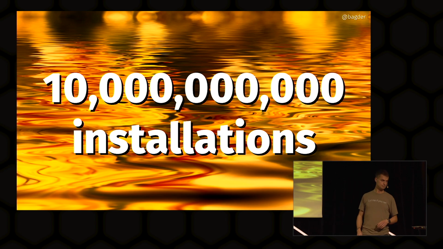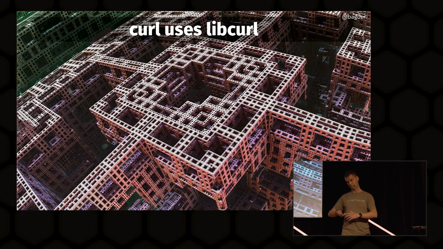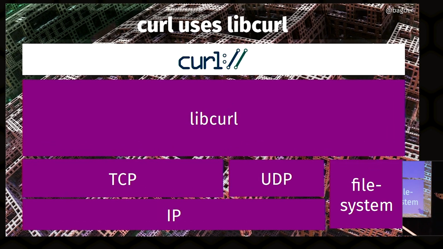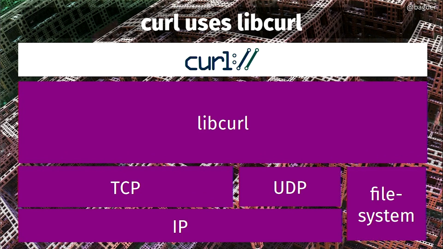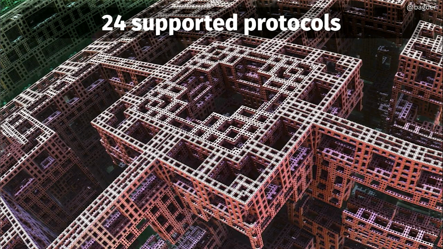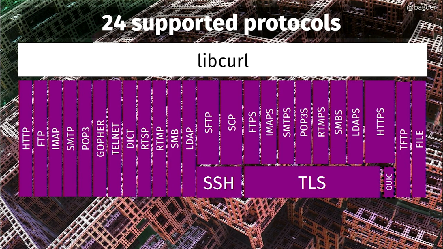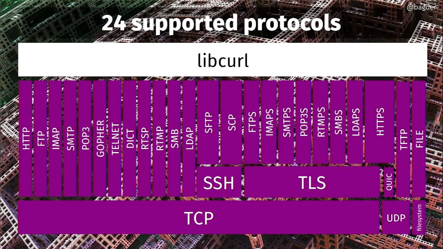It's just there everywhere. So curl is the command line tool that uses libcurl, being the component that is actually used everywhere, not the command line tool. And it works like this, right? There's a tool, and there's a library, and all those networking things underneath. Easy peasy. So curl supports 24 protocols right now. All those, probably more than most people can even start to mention. So they're based on SSH and TLS, a lot of them, and then there's the networking stuff underneath.